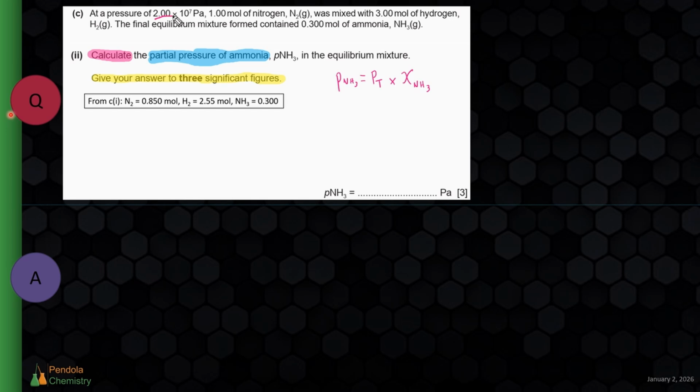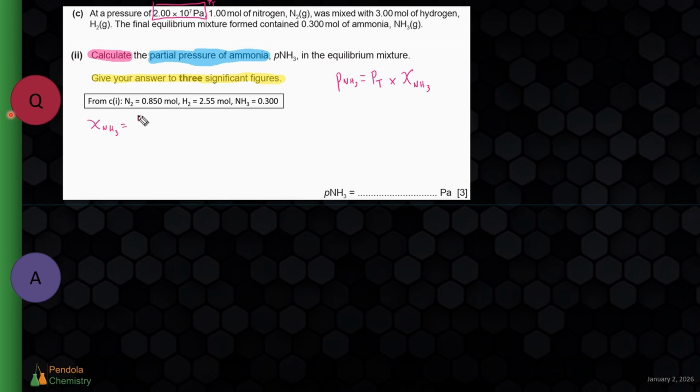It says that a pressure of 2 times 10 to the 7 pascals is the whole mixture. So we do have the total pressure of the mixture. This right here is PT. What we do need to find is the mole fraction of ammonia. Remember, the mole fraction of ammonia is going to be equal to